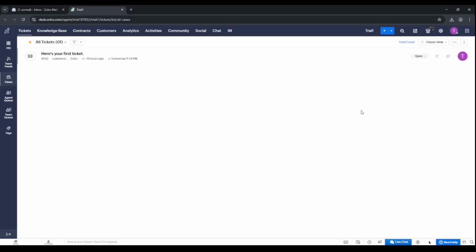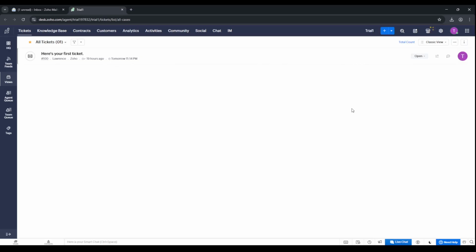In today's video, I'm going to teach you how to create a ticket in Zoho Desk, 2025 guide. We'll walk through the complete flow from opening Zoho Desk to submitting a well-documented ticket that your team can act on right away. If you're following along, make sure you're signed into the right portal and have access to the